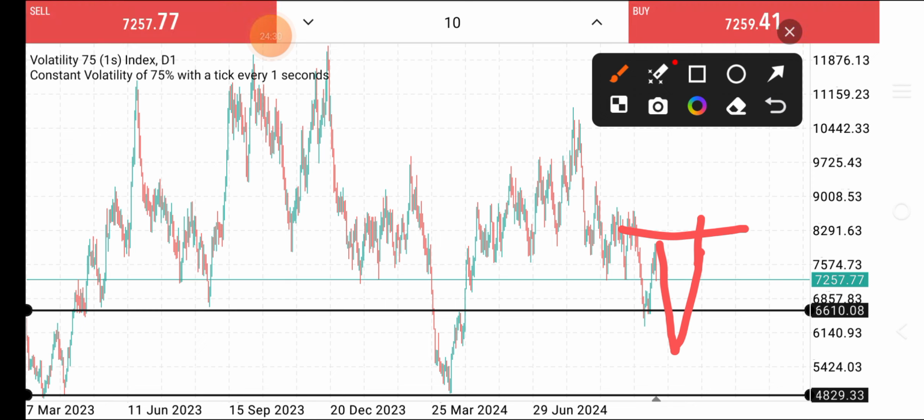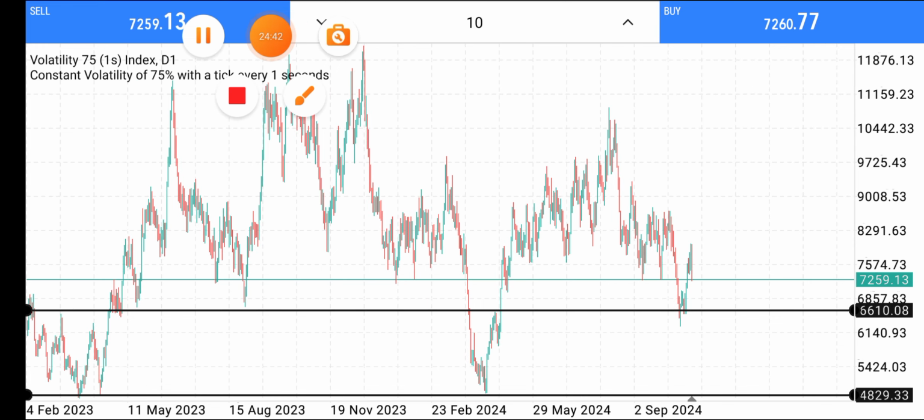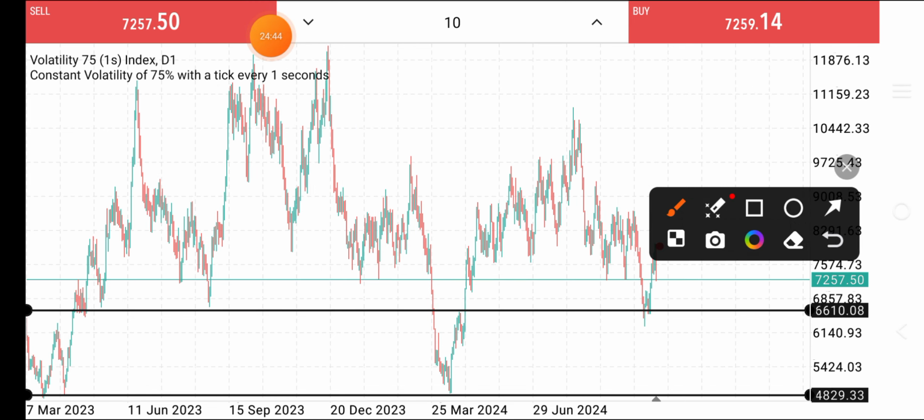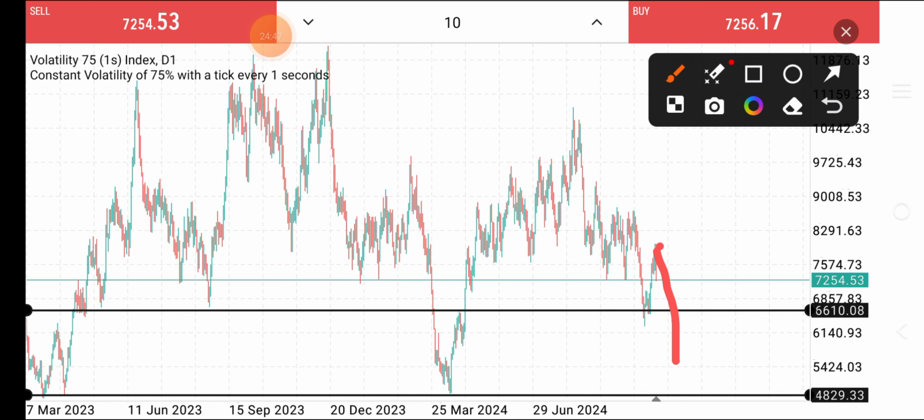If it breaks above this immediate low, that means you have to move your mind from sell and start looking for a buy. So at least if it breaks through this immediate low, it gives us another retest. You can always come back here if you want, but it shouldn't break above this high. Then if it comes back here and starts selling again, this time it breaks below here,